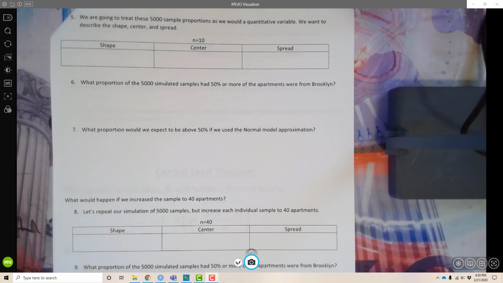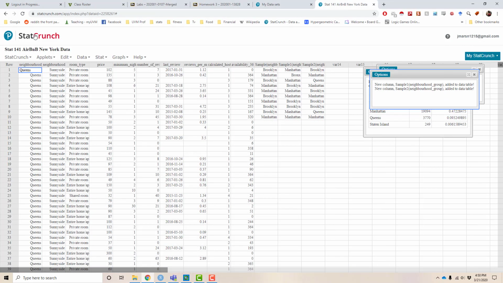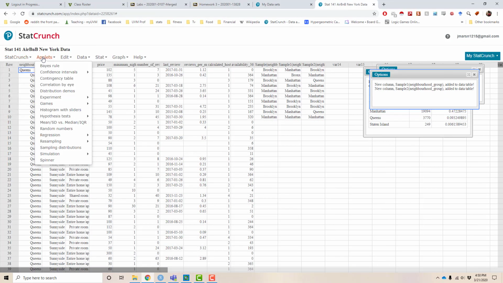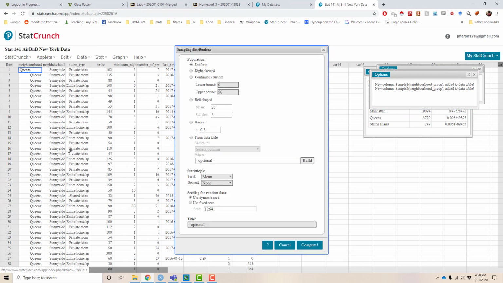So where do we get those in StatCrunch? We want to go to Applets, all the way down to Sampling Distribution. We want a binary. Binary means 2. In our case, our apartments either are in Brooklyn or they aren't, so there's 2 outcomes. And we just want to figure out what's the probability of getting an apartment from Brooklyn, or what's our population proportion of all apartments being from Brooklyn. We found that to be 0.413. And then if we click Compute,